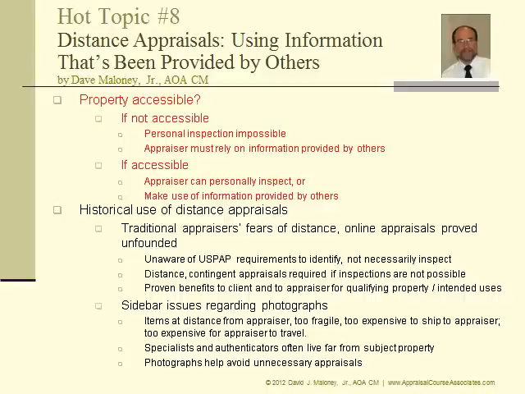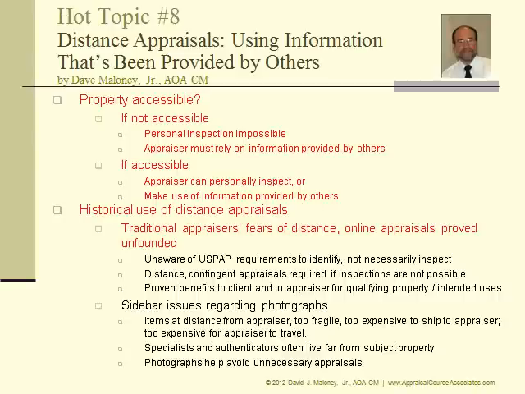In the late 1990s, many of us who espoused the new appraising paradigm being brought about by use of the evolving technology of digital photography and online internet appraisals were challenged by a few traditional appraisers who were fearful that online distance appraisals would have a catastrophic effect on their traditional appraisal businesses and would usher in an age of faulty appraisals based on tampered or bogus digital images, on unverifiable client-provided property descriptions, and on errors caused by the appraiser not personally inspecting the subject property. I am pleased to say that these initial fears have proven to be unfounded.